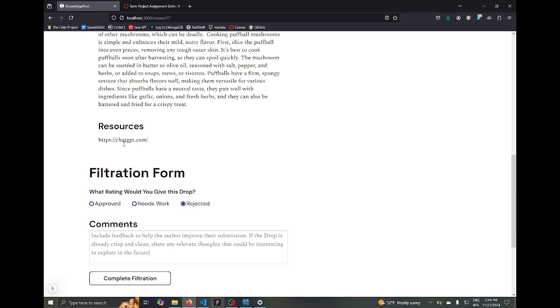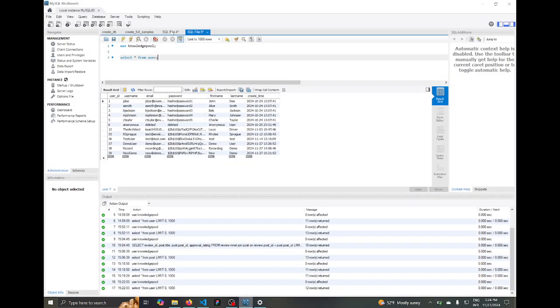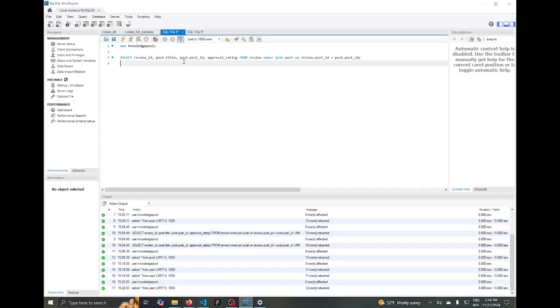So we're going to reject this post because it was written by ChatGPT, and then once we go back to the whole pool, which is the list of all posts, we'll see that the post is no longer there because it was rejected 2 times. So in the back end, we can show you here